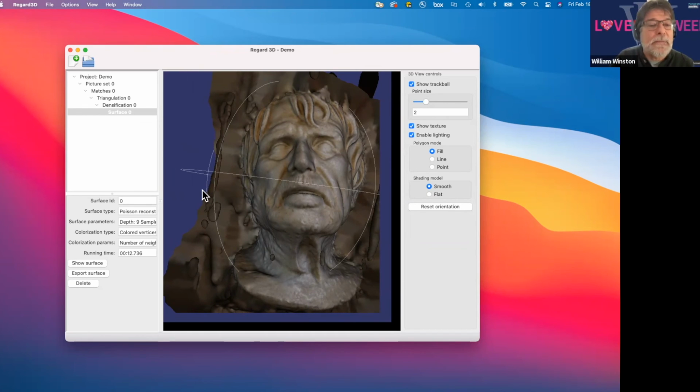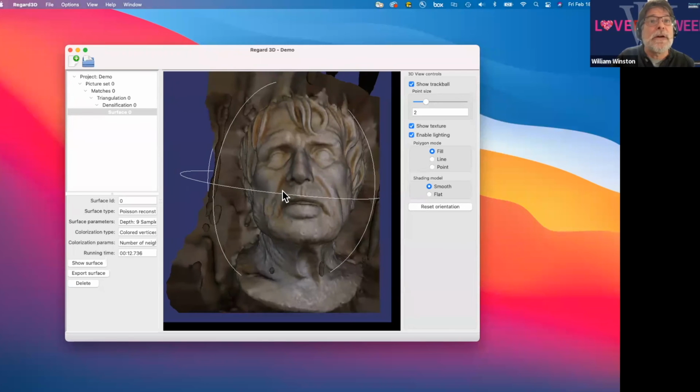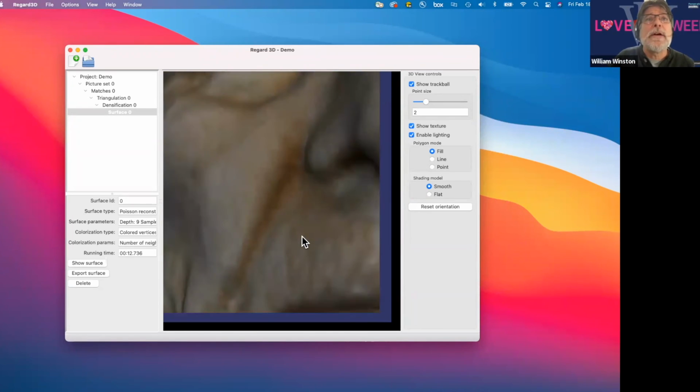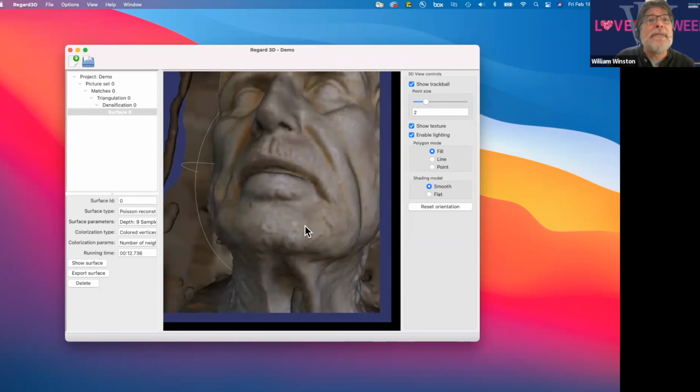Blender also has some functions there, but that's an application I haven't worked with that much. It is also an open source application though. And so it would allow us to clean these things up. If we look in fairly close, I don't think we're going to see many holes anymore, even in areas where